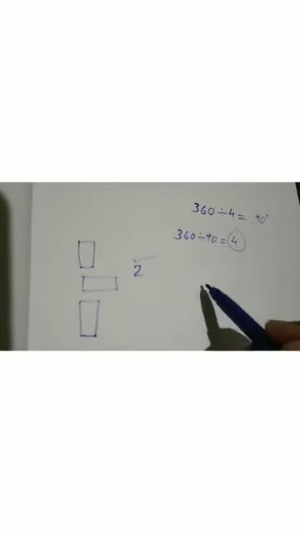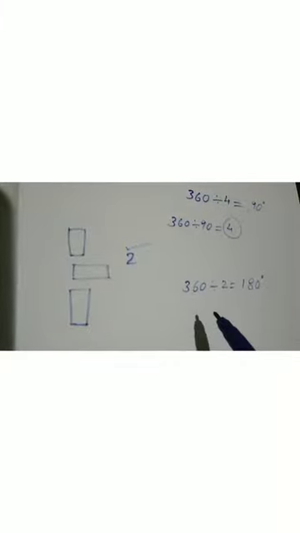Then for a rectangle, 2 will be the order of rotation. That is here. Then next one here. Then third will be here. So the order of rotation will be 2. Then angle of rotation, 360 divided by 2, is equal to 180 degrees. Clear? This way we can find out the order of rotation and angle of rotation.